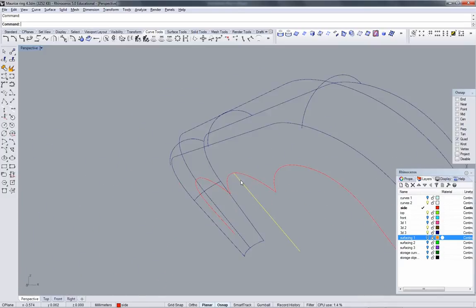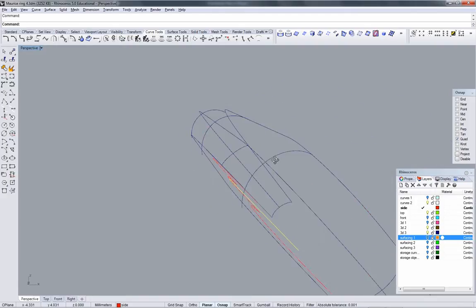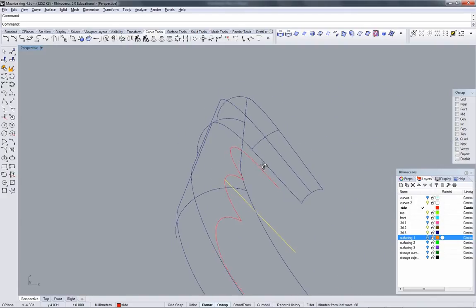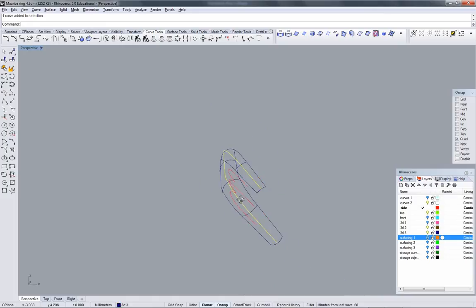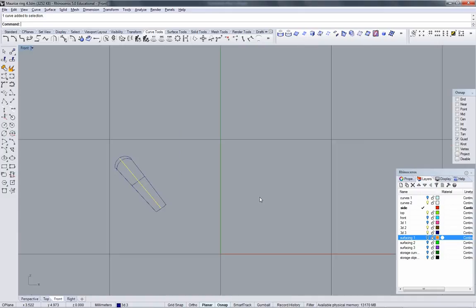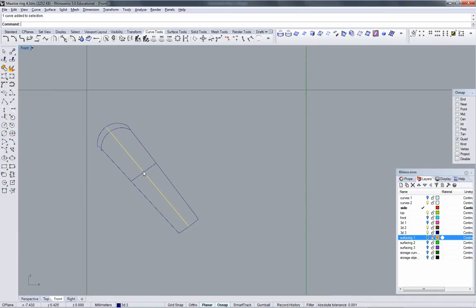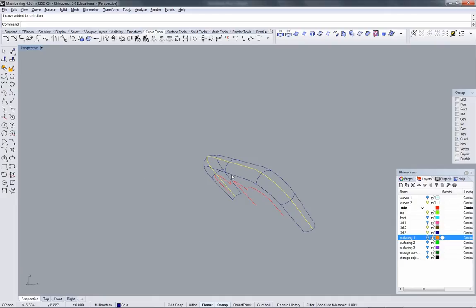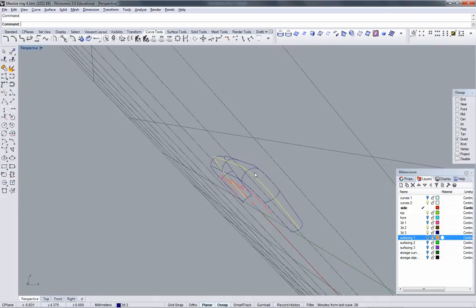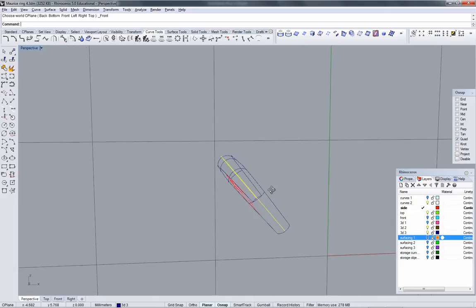I want a cross section that comes up smoothly here and does what I want it to do. I would like to do a nicer job with this top curve. First question I have is, is it flat? It looks pretty flat. I'm going to make sure it's flat. So I'm going to go back, turn my grid back on, go back into front C-plane,